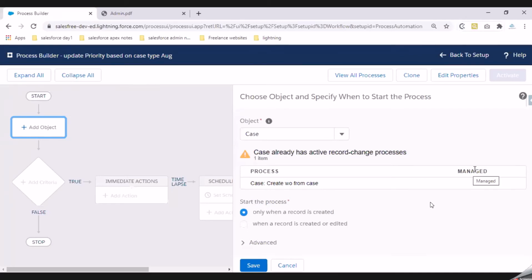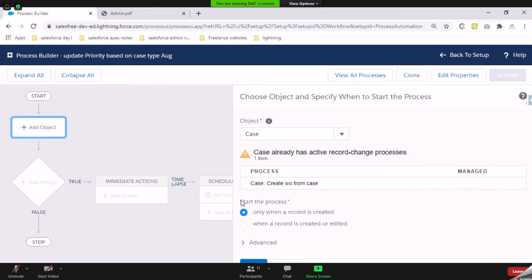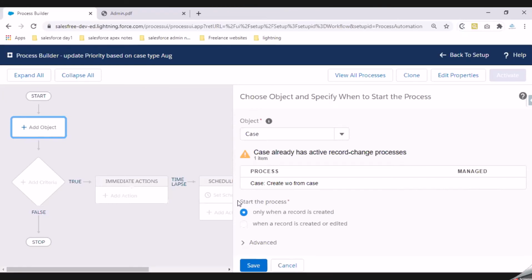All right, now if I scroll down and pass this warning message, I have this section called start the process. It is basically letting the system know when I want this process builder to fire.